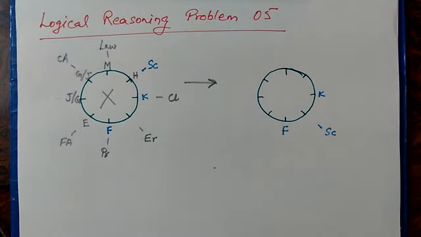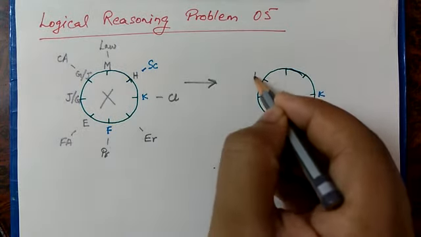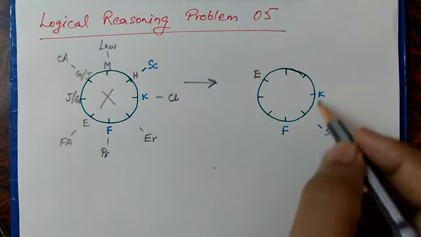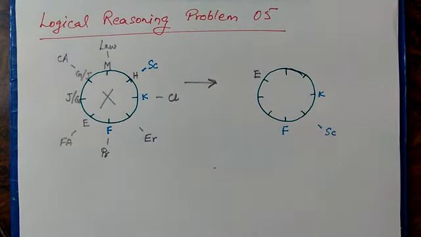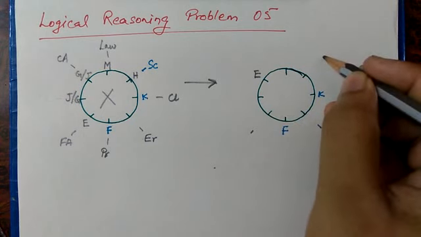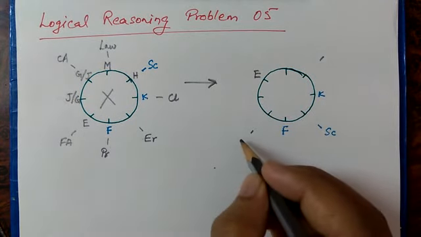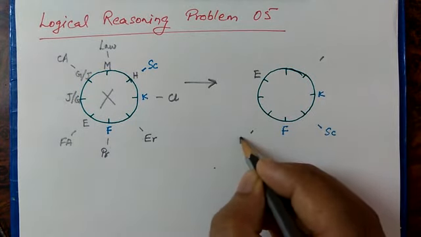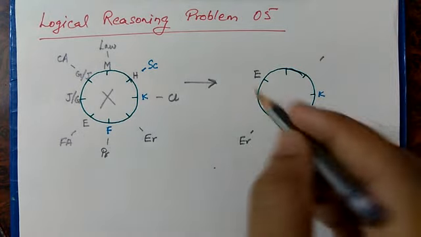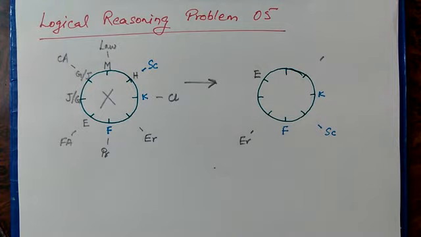Okay, let's come back to our third condition. There are only 3 people between scientist and E, so we have to put E over here to satisfy that condition, with 3 people from both directions. So it is okay. Only one person sits between engineer and E, so there are 2 possible spaces for engineer. Let's arbitrarily put engineer over here, and there is another case where we have to put engineer over here. Let's try this case where engineer is over here.